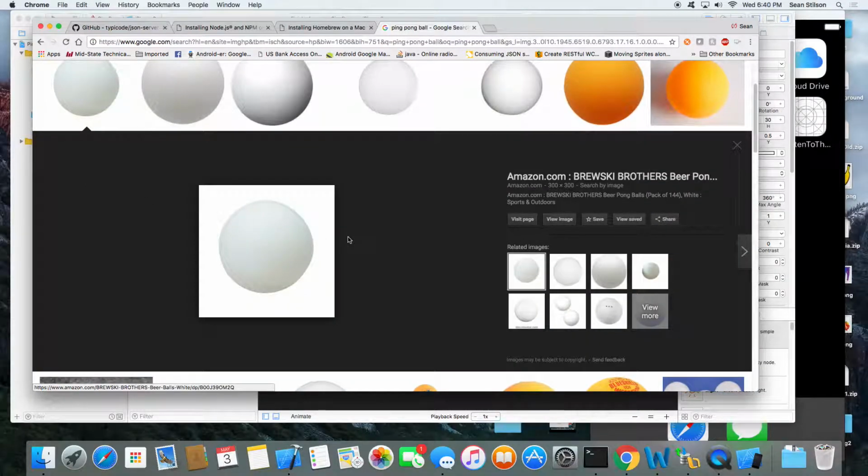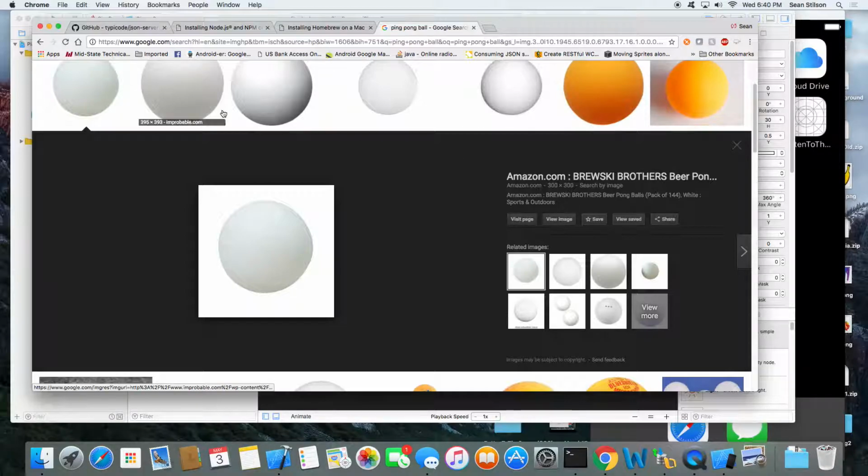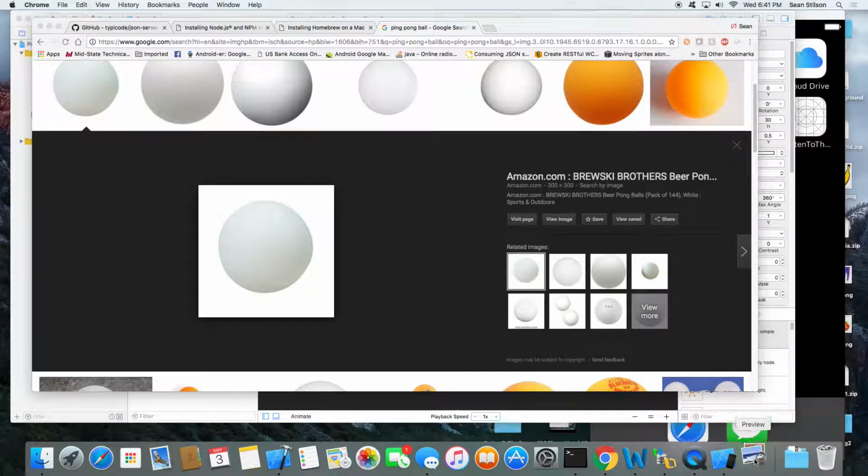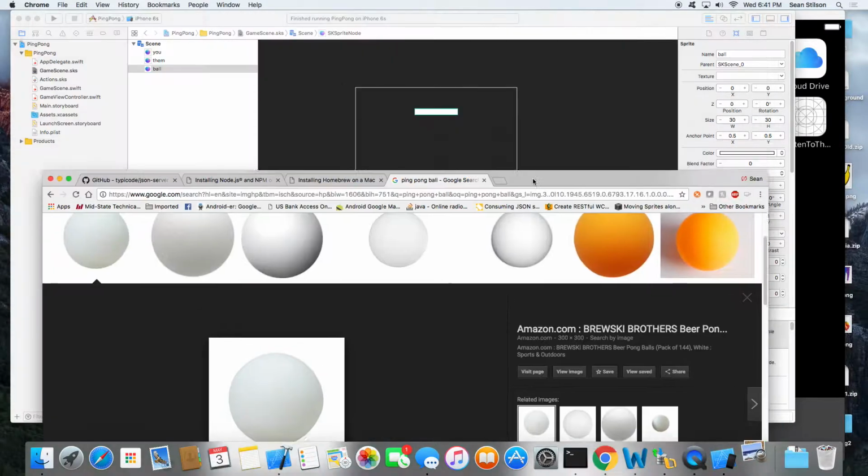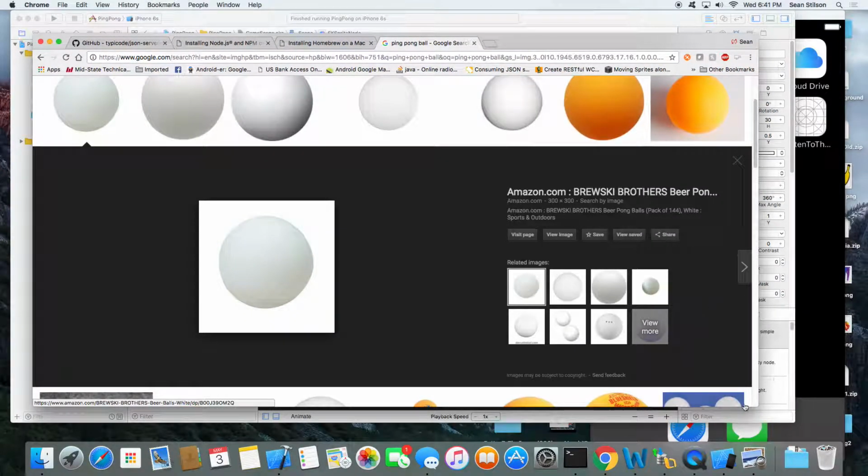I'm gonna grab one that just has a white background because then it's easy to set it so you have a clear background. So if you find one that has a white background or a clear, go ahead and copy that. Copy this image. If you go up to Spotlight Search and just look for preview, then whenever it starts up, you can just paste from the pasteboard and create a new image.